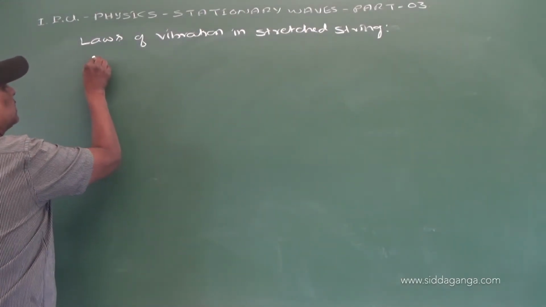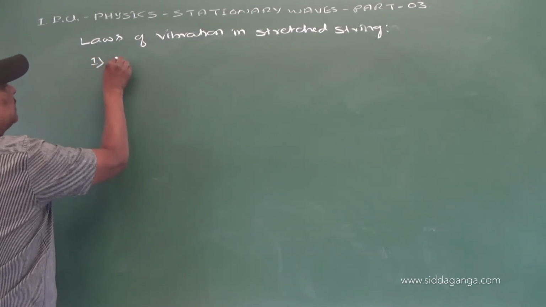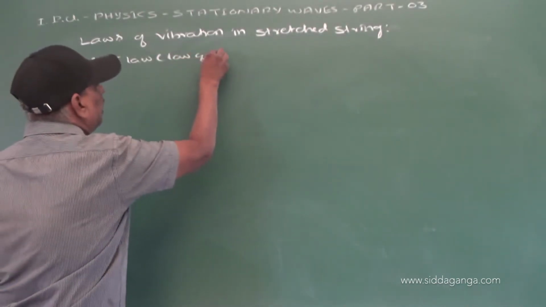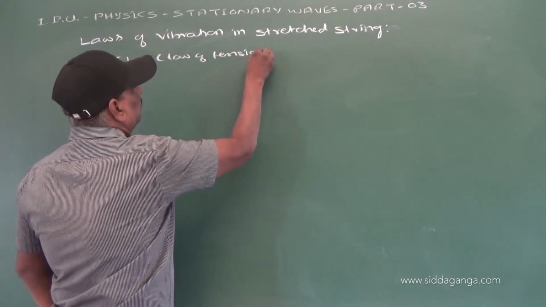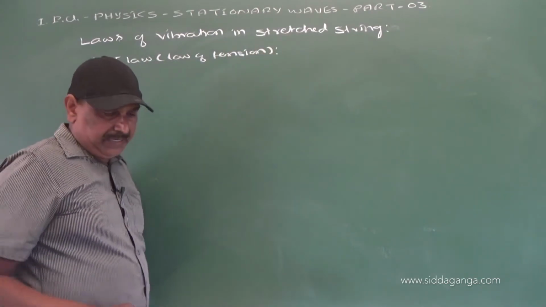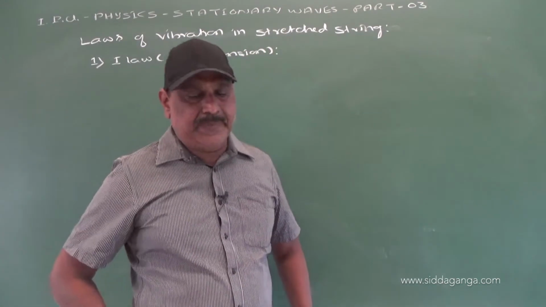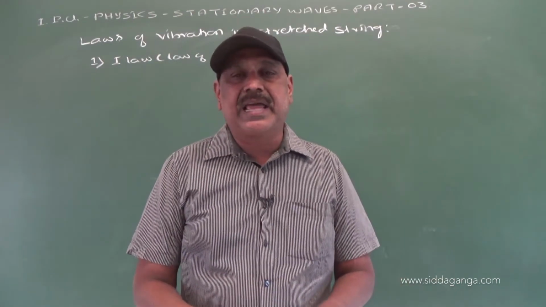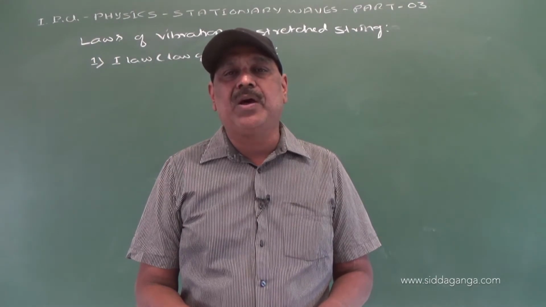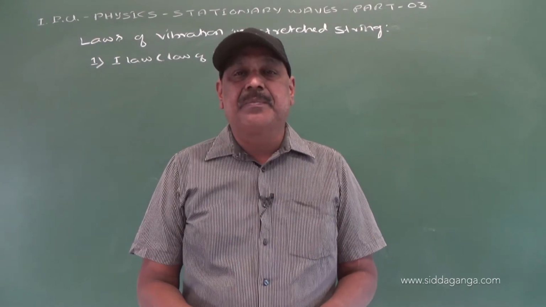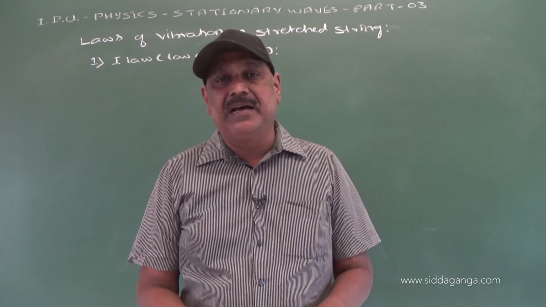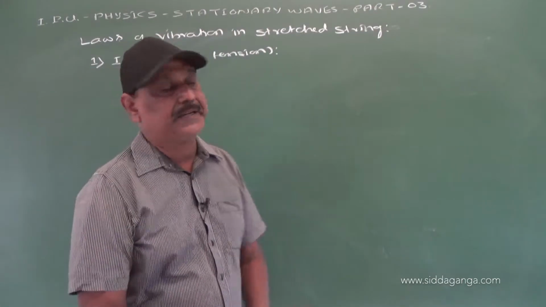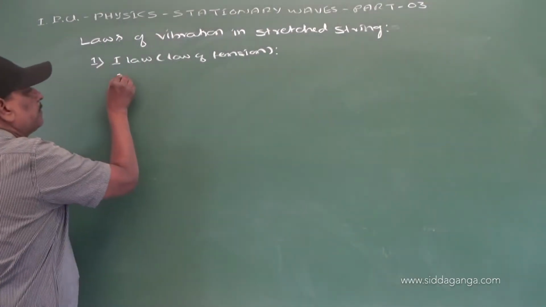is called number 1. This is the first law. This is also called the law of tension. It states that the fundamental frequency of a stretched string is directly proportional to the square root of its tension, provided length and mass per unit length of the string remain constant. So the statement,